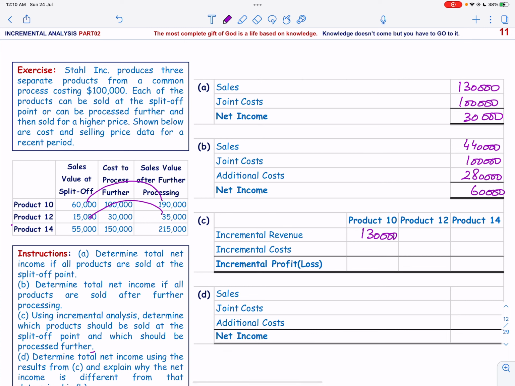For product 12, the incremental revenue will be 20,000. And for product 14, the incremental revenue will be 160,000. While the incremental cost will be 100,000,